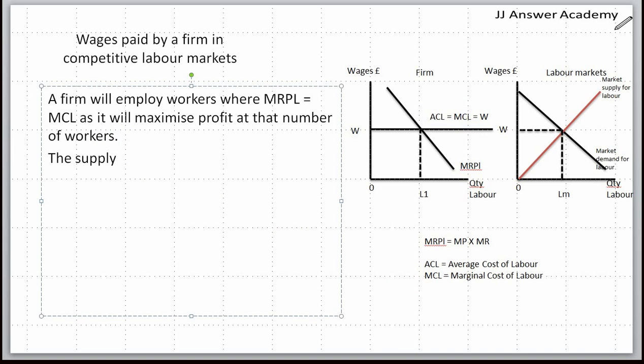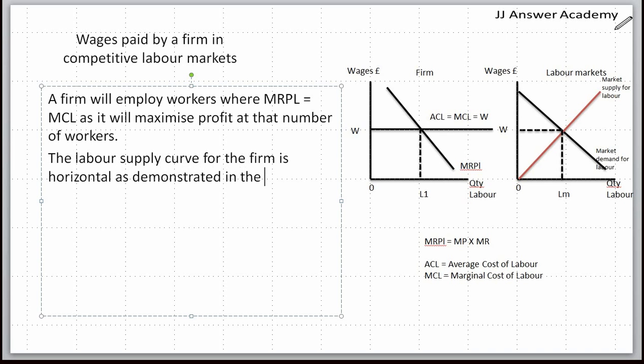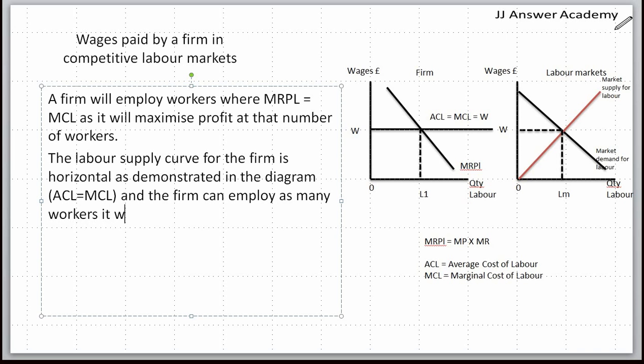The labor supply curve for the firm is horizontal as demonstrated in the diagram. ACL equals MCL, and the firm can employ as many workers as it wants at the going